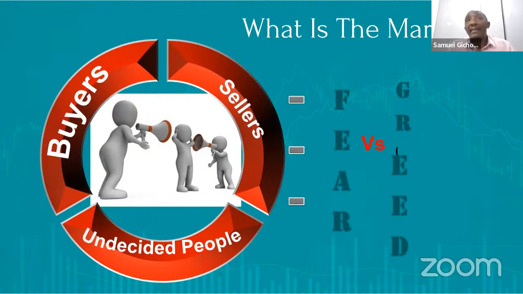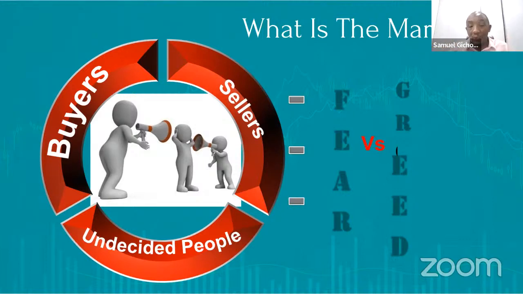But the undecided people, look at it this way. That's why we preach to people. That's why we have politicians doing campaigns, because the undecided people can become a buyer or a seller. So when you're investing in a market, your key thing would be to watch the undecided people. Remember, there are also buyers and sellers who are undecided on whether they buy or sell. So undecided people can be anywhere in this whole spectrum.